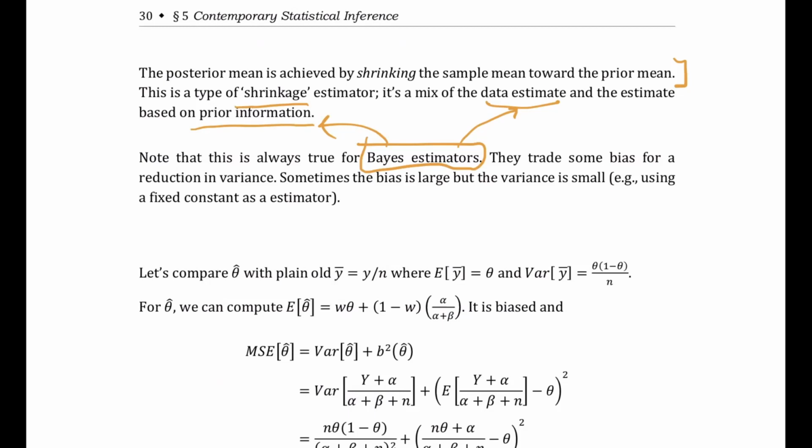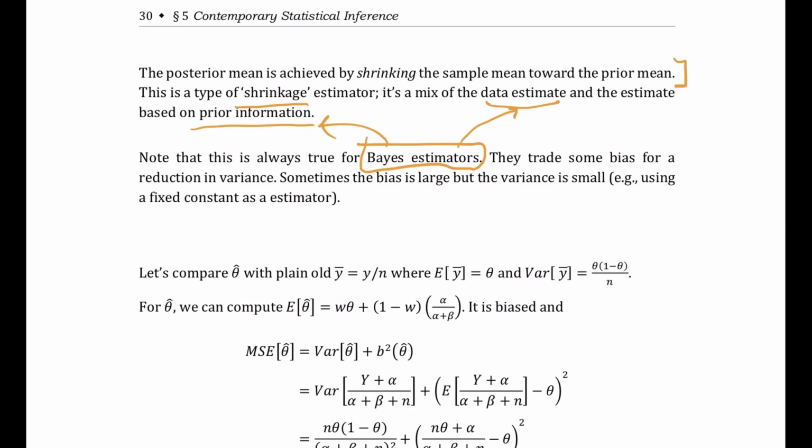For example, if I used a constant to estimate something, the constant is never going to be equal to what I'm interested in. So there'll always be some bias, but the constant doesn't change. So if my constant is 7, if I estimate everyone's age to be 7, I have a biased estimator. It doesn't depend on the data, but it's a biased estimator. Its variance is 0, right? But its mean square error is certainly going to be positive